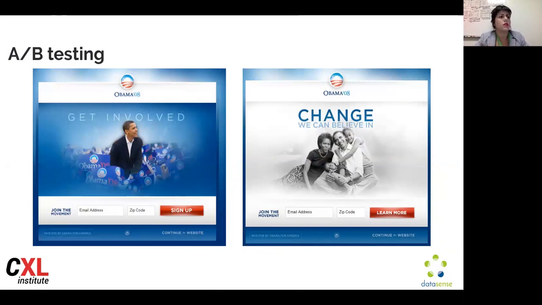So for example, you see the image on the right, it has a completely different message, right? There's a family photo in there. There is a completely different call to action that says learn more, right? If we're targeting your message on this persona, you probably don't assume this persona is ready to donate. They probably want to learn more, right? So as of any A/B testing, there was a winner, right? Not all A/B tests have a winner, but as of a lot of tests, there was a winner. And the winner was the family-focused one.